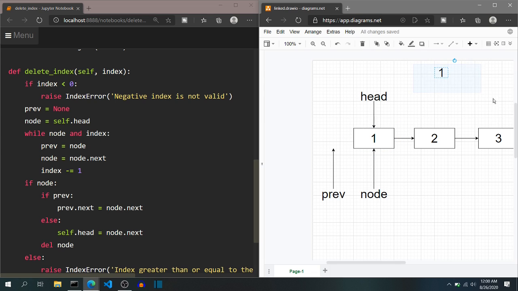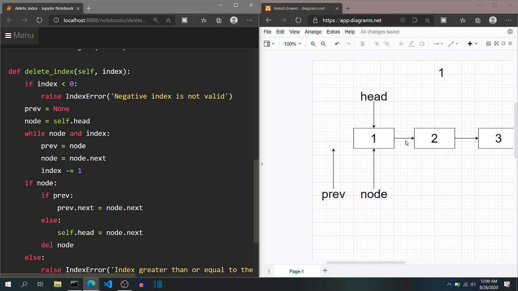Index is not 0. So in Python, if we pass an integer inside this boolean expression, it will check if the integer is not 0. And for objects like this node, it will check if the object is not none.